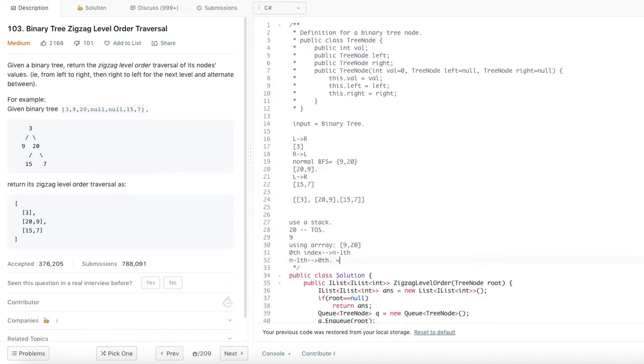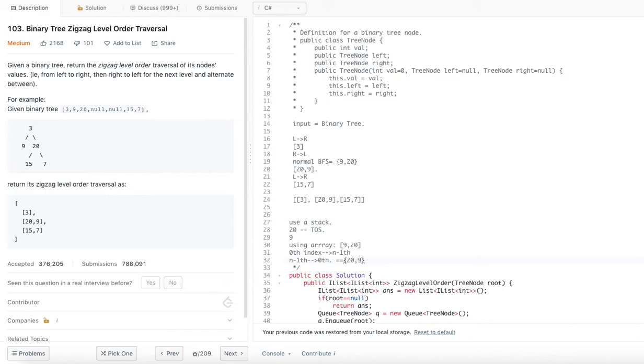So what does that give you? If you start at n minus 1, that is at 20 and 9, so it will give you 20 and 9, right? So whatever data you have collected so far, you have to process in a reversal fashion. You could employ a stack or you could employ an array. With either of those two methods, you will be able to get to the answer.